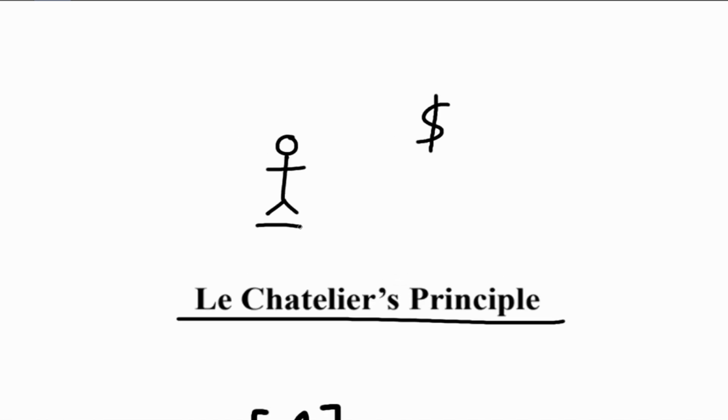Imagine there's a person and imagine there's money. If another person gives me money, I would like to spend that money. However, if someone actually takes that money away, then I would like to make more money. This itself is Le Chatelier's principle, but in terms of chemistry, instead of this person, we're going to label it as